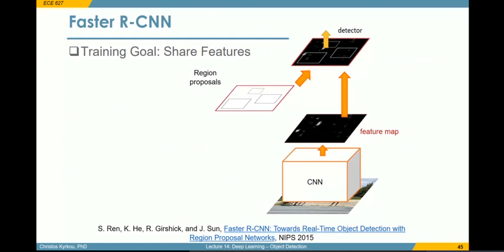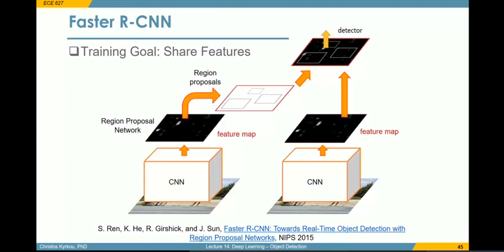And this is, unsurprisingly, the goal of the next iteration of works in the Fast-RCNN line of works, where the goal was to improve the region proposal step. And this brings us to Faster-RCNN. The major innovation compared to the previous work was that it replaces the selective search approach with a region proposal network. So the idea is to use the same CNN to extract the features as before,